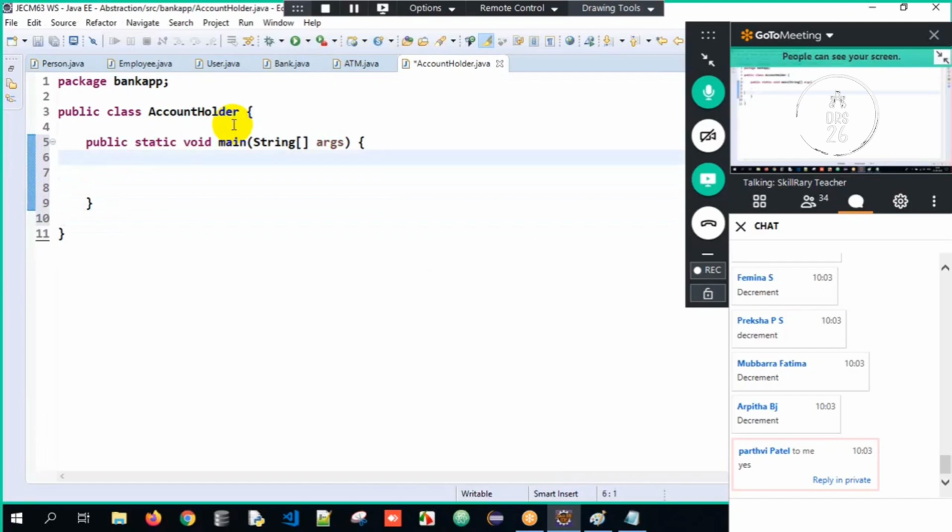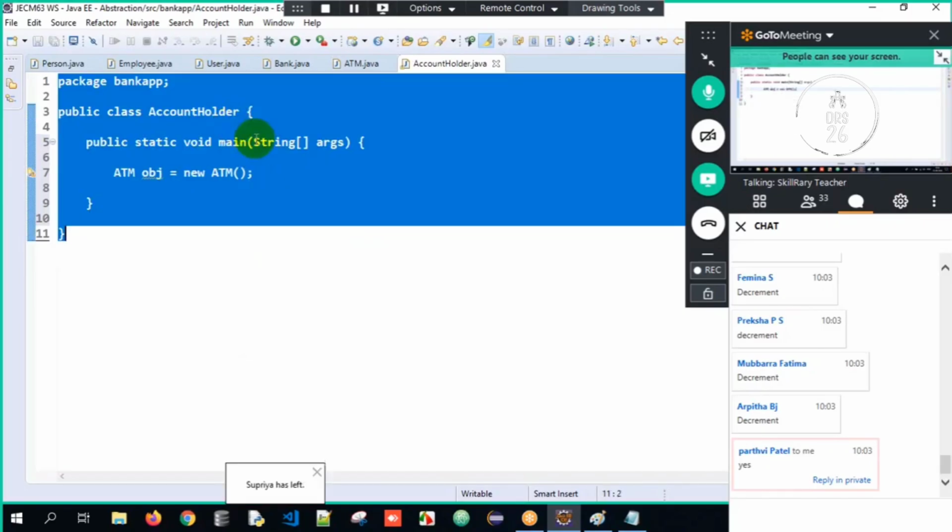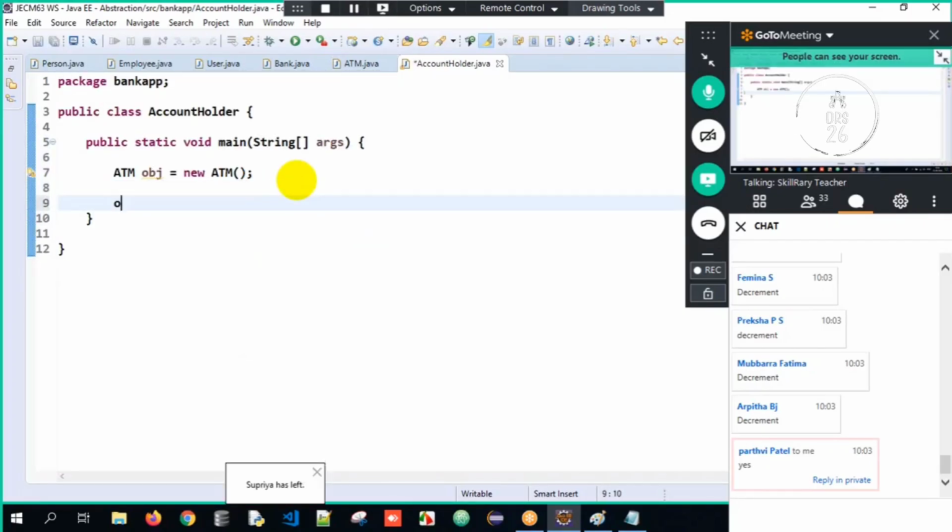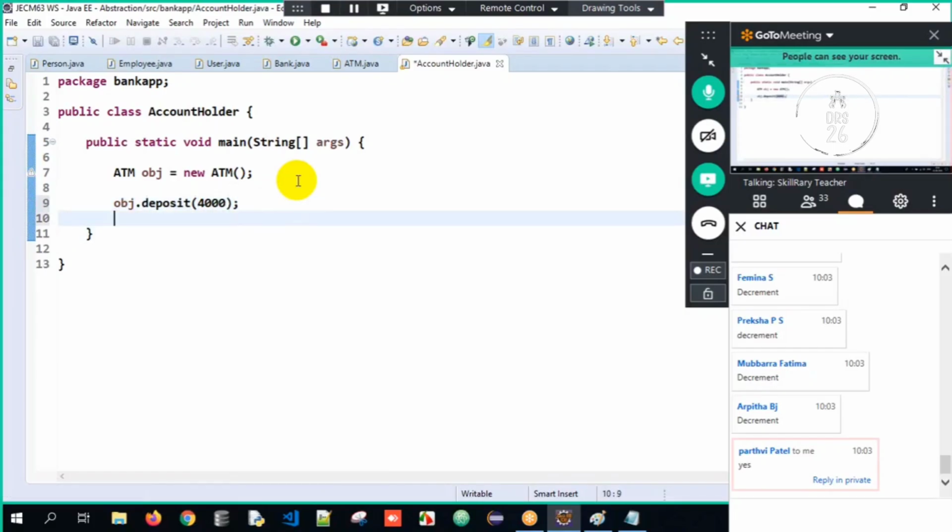Now over here, we have to upcast it. If I don't upcast it, see, ATM obj equals new ATM. This is not upcasting, this is normal object creation. When I say obj dot deposit, the amount to be deposited is 4,000. Then I want to check balance with obj dot check balance.